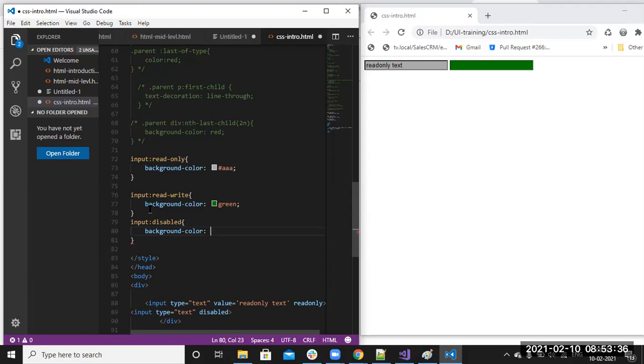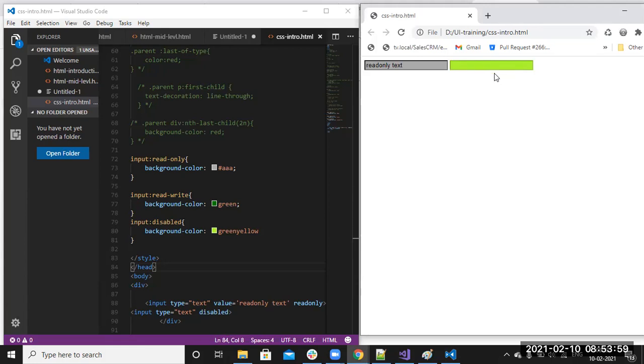Instead of that, some gray we can apply. Instead of green, okay, yellow. Now input colon read and write. Input colon disabled. This one is disabled only, right? Right? It is applied. Okay, I didn't refresh, I think.